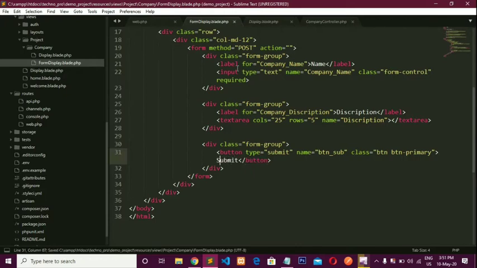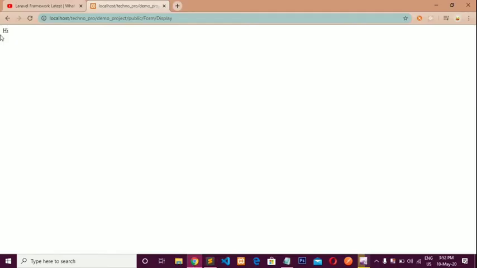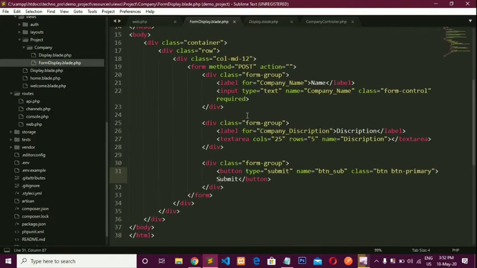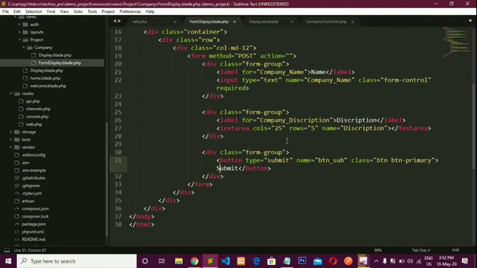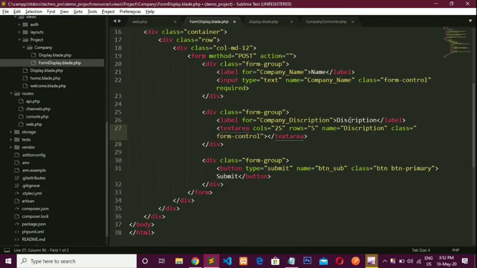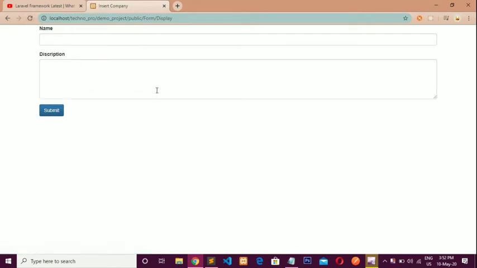Okay, now let's check its design. So save this file and run. Here I forgot to assign the class form-control, and now see, refresh this. Okay, now it looks better.